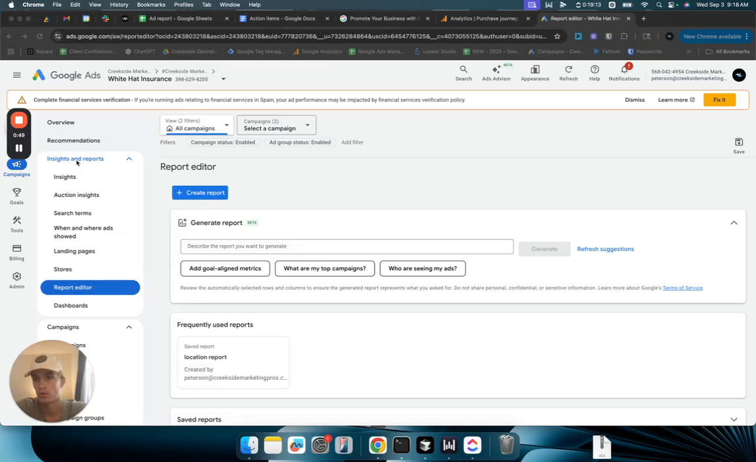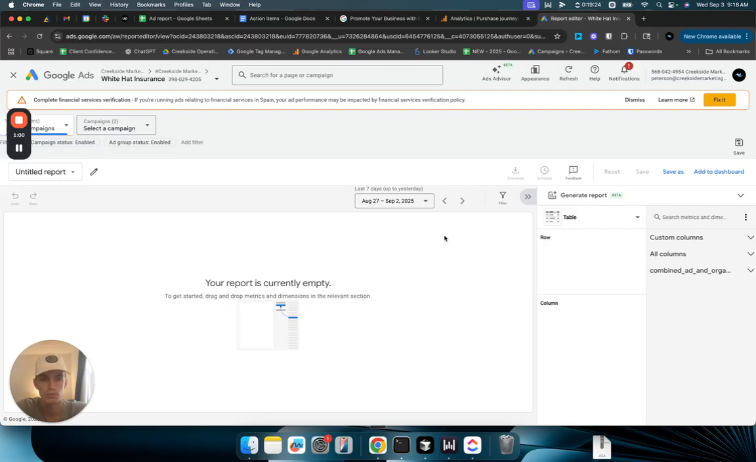So in order to create this report, you're going to come into Google Ads. You're going to come into the campaign section. You're going to go to Report Editor. It's going to be underneath this Insights and Reports section. You're going to click Create Report. From here, over in this search column on the right-hand side, you're going to type in